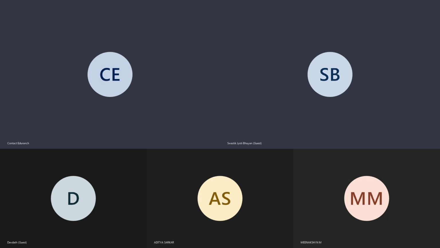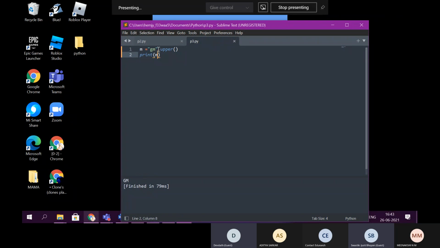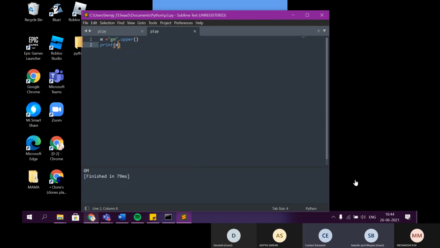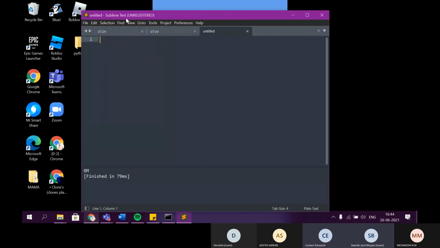Meenakshi, can you show me your screen? Sir, like the first letter of the word and all capital. Yes. Now, can you just use the function which we have learned to convert the first character into capitals, which is also called camel case? The function name, anyone remembers what was the function name? Capitalize. No, it was title.